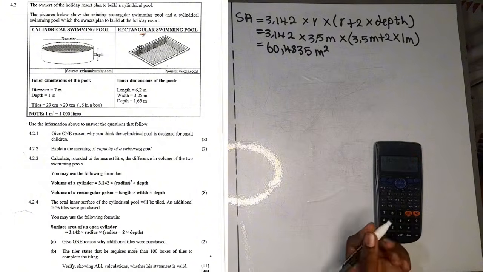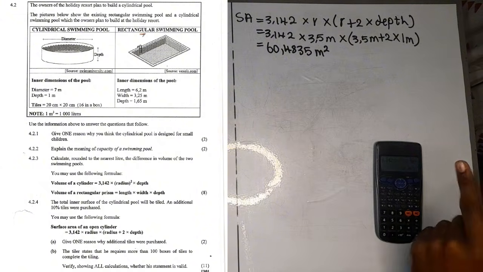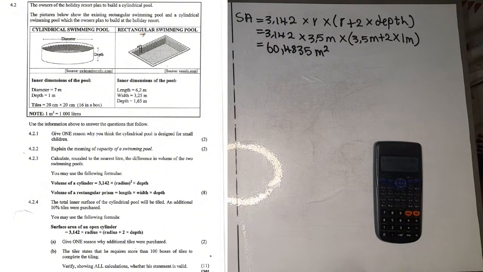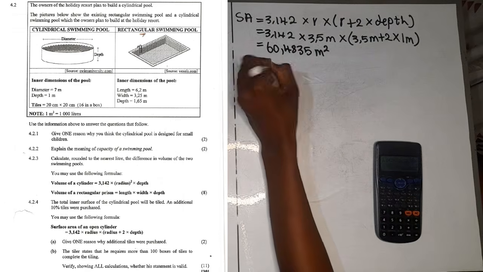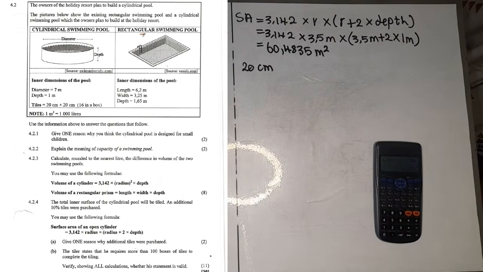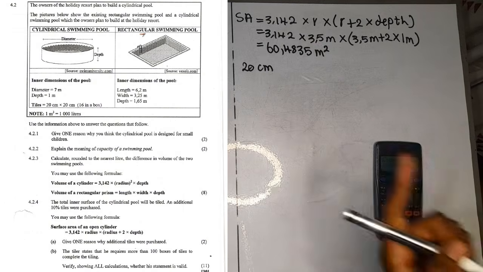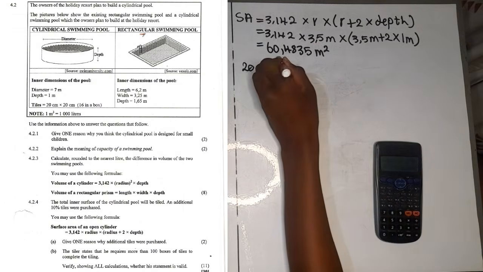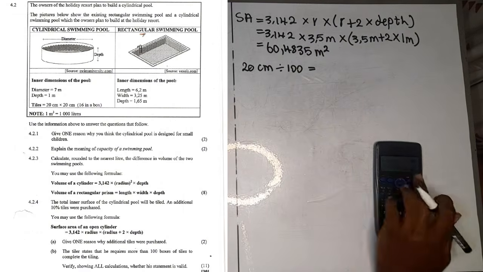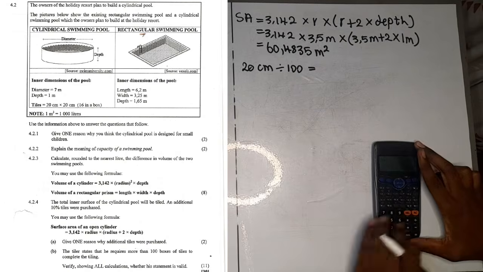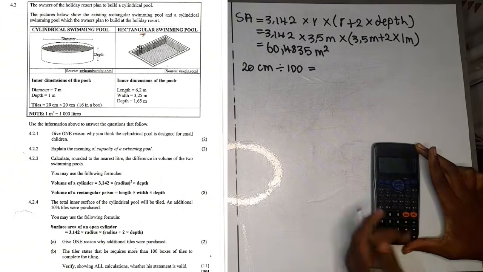So that means that we have to do what? We have to take the dimensions of the tile and convert them to meters before we can calculate the area, so that the area will be in meters and we'll be able to work with it using the surface area of the swimming pool. So we're going to say 20 centimeters and we're going to convert it to meters. When we convert from centimeters to meters, we divide by 100. So we're going to say 20 centimeters divided by 100, and that gives us a total of